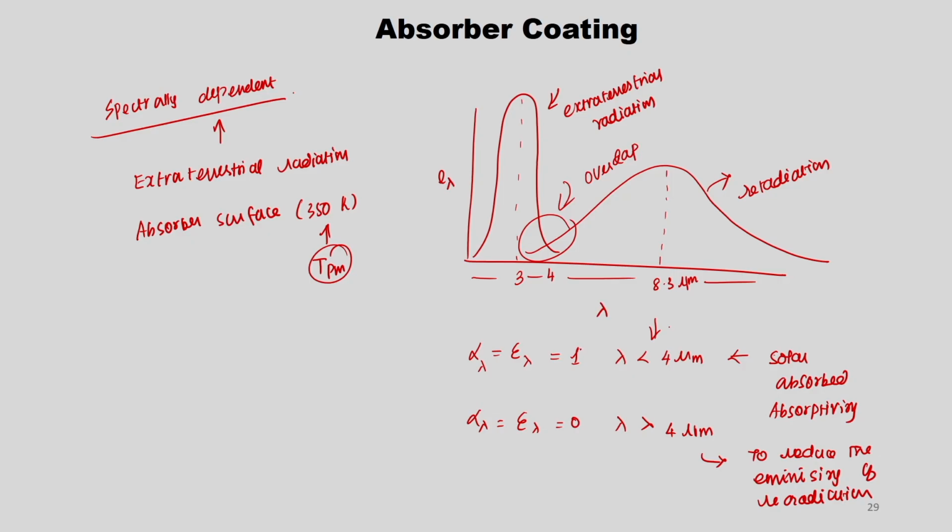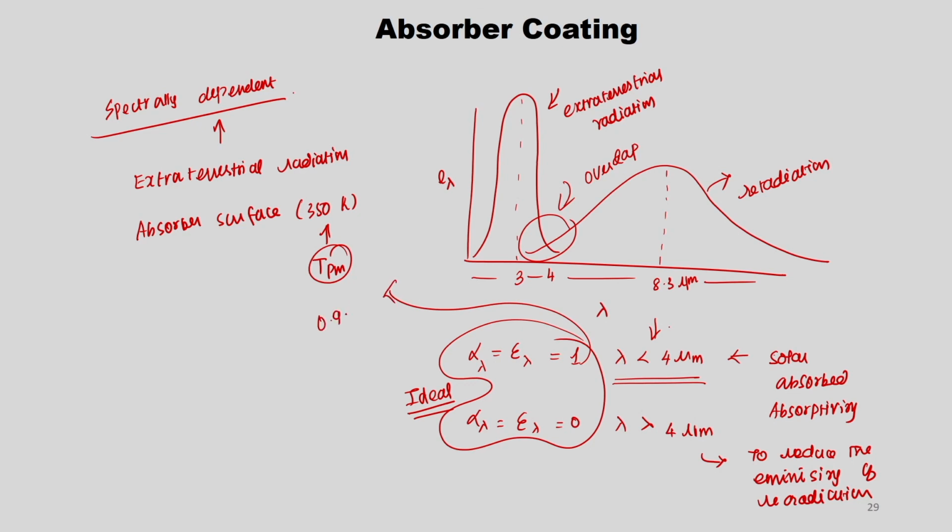right. So, whether it is possible to get alpha around 1 at the wavelength of lambda less than 4 micrometer and epsilon equal to 0 at the wavelength greater than 4 micrometer, it is ideally only possible. In practical case, alpha should be nearer to 1, so around 0.9 to 0.99. Epsilon cannot be 0. So, the maximum we could get till now was 0.08 to 0.14. So, this is where we take nominally